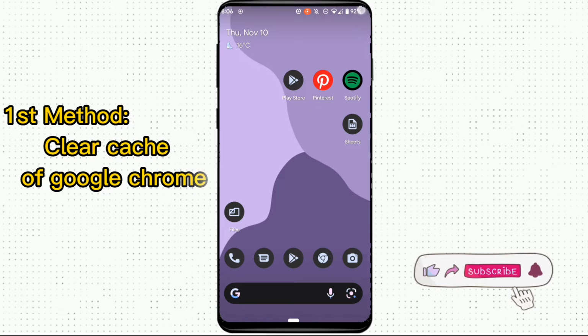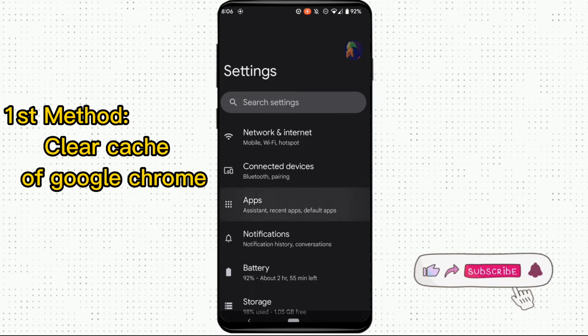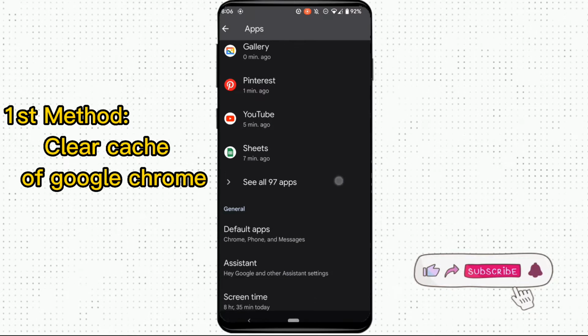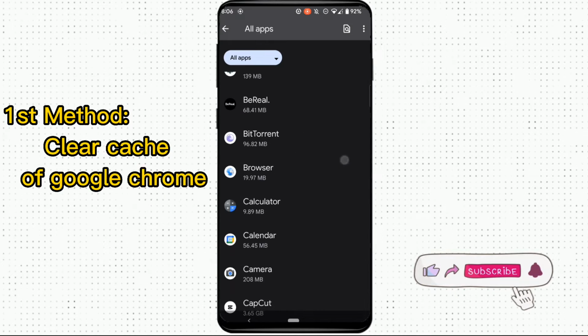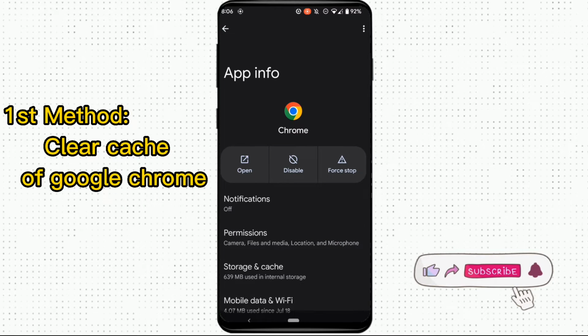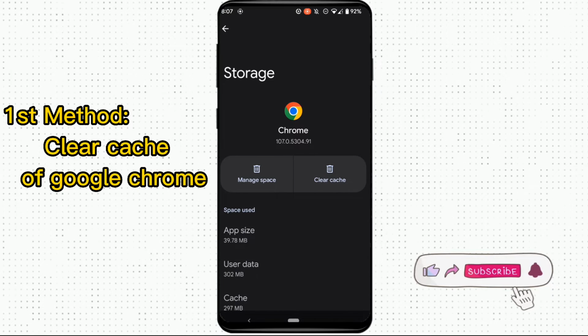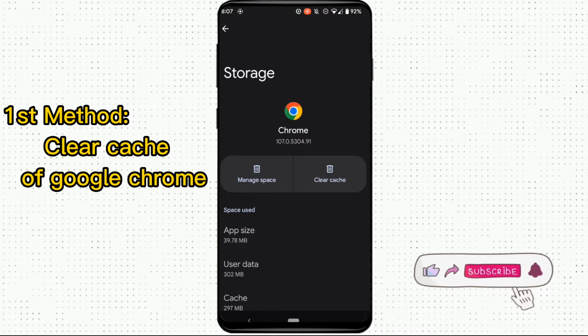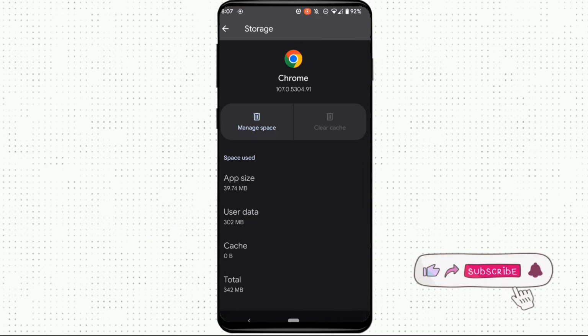So the very first method is to go to your settings, move into apps. Here search for the application Google Chrome. Move into storage and cache. All you have to do is clear the cache of your Google Chrome. Click it here. After clearing the cache, it might fix the problem that you have been facing on your Google